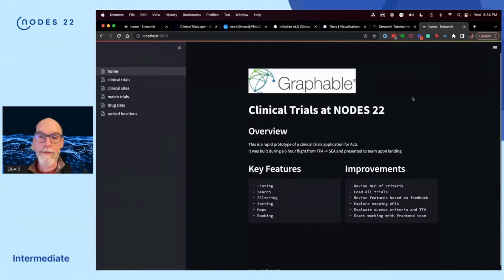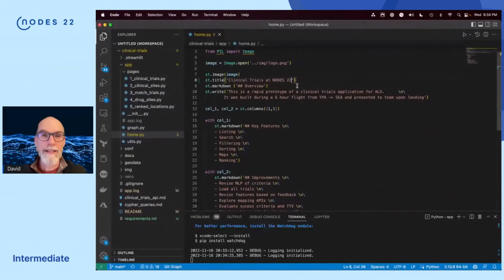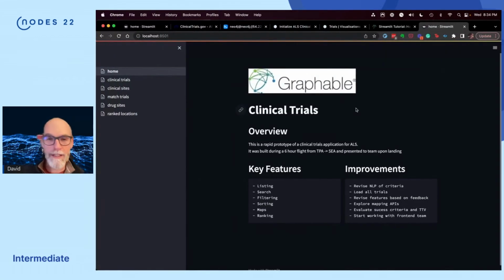So now you see that at Nodes22. That's great, but it really didn't impress me, that seemed very rapid. So let's go back to the code, and let's get rid of that at Nodes22. And again, I apologize for the rapid screen sliding, but I'm going to hit save. And now you can see by the time this renders on your screens that the at Nodes22 is gone. I actually have a progress bar that shows any changes, and it just happens so quick you just never even